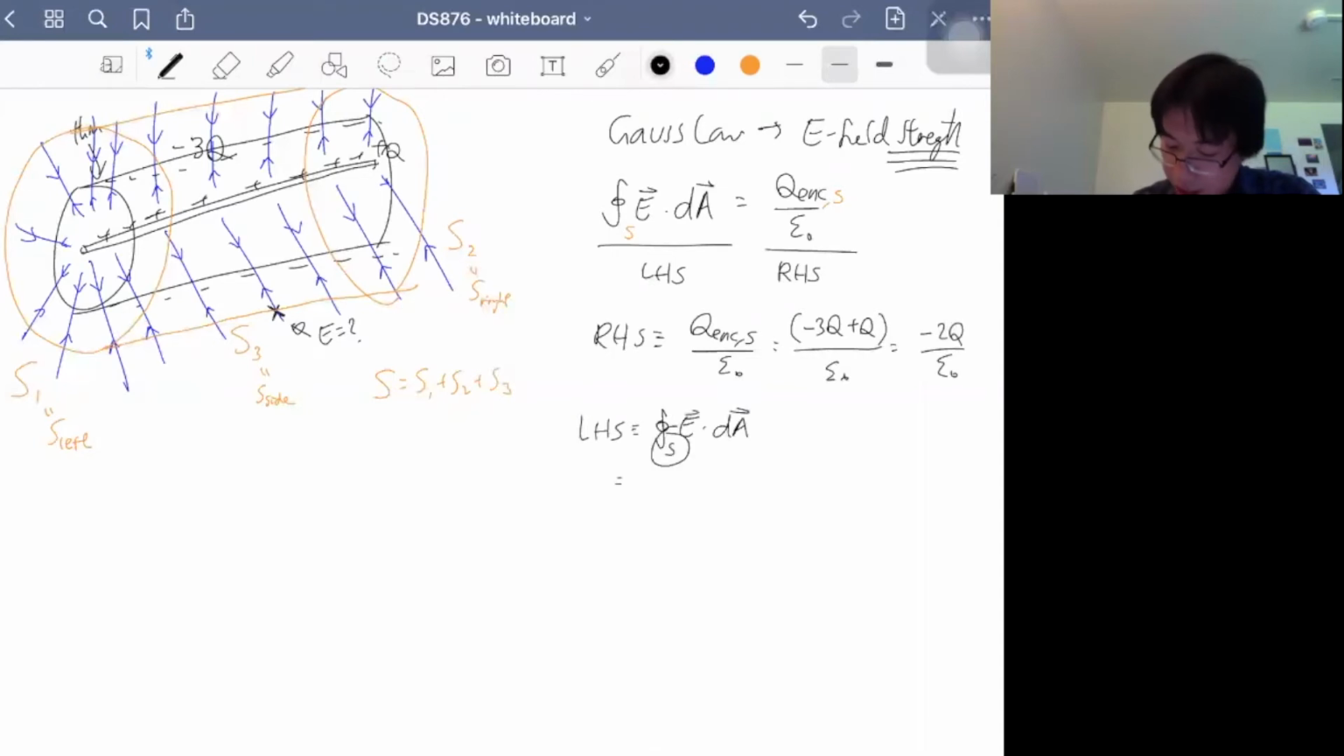Now you look at this, you need to integrate. This is the scary thing here, right? So how do you simplify that? Well, S consists of 3 pieces. So make sure you break the integral into 3 pieces. Notice when you break it into 3 pieces,